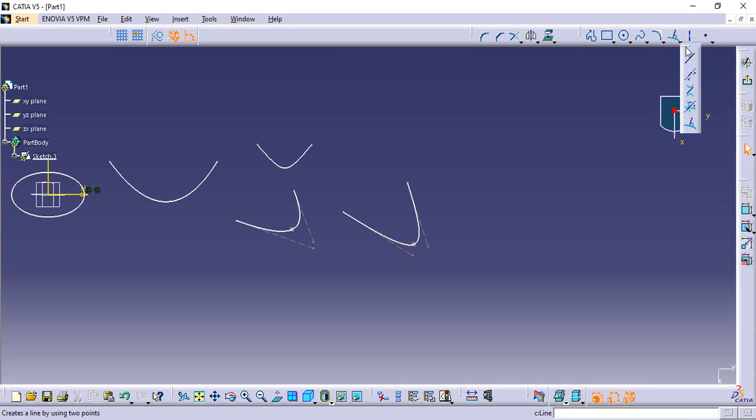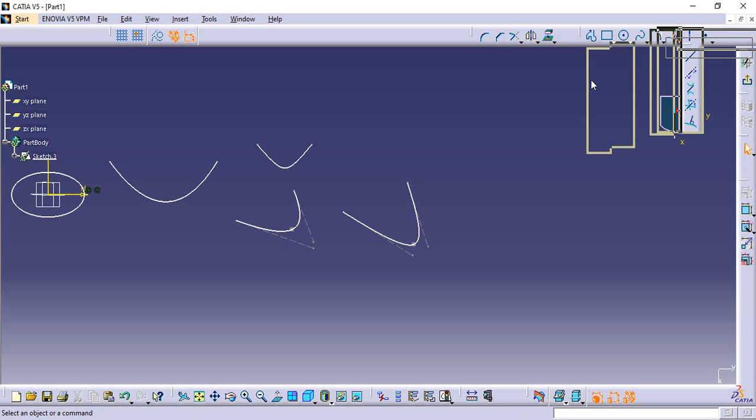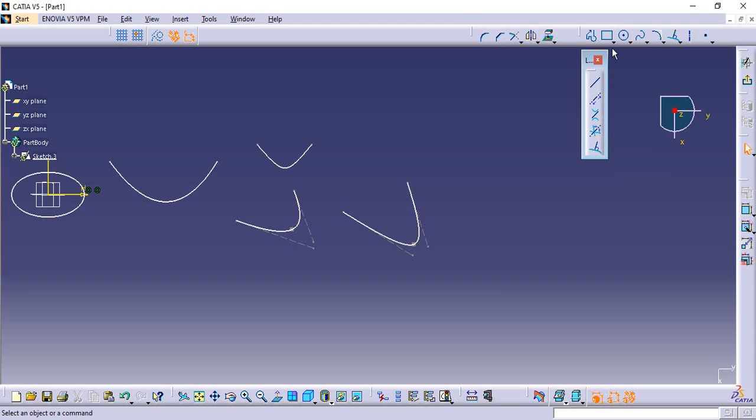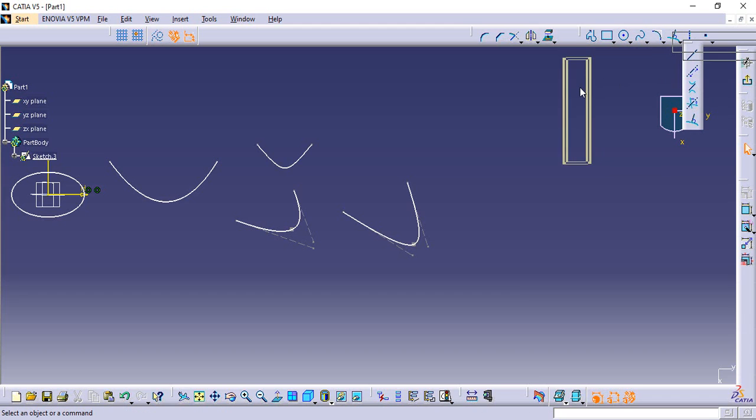I need to use these lines again and again, so I will click here, and this is the line toolbar. I will click on the horizontal one. I will take the line toolbar out separately. Now I need not click again and again on this option to get these lines. I hope it is clear how to take the toolbars out.